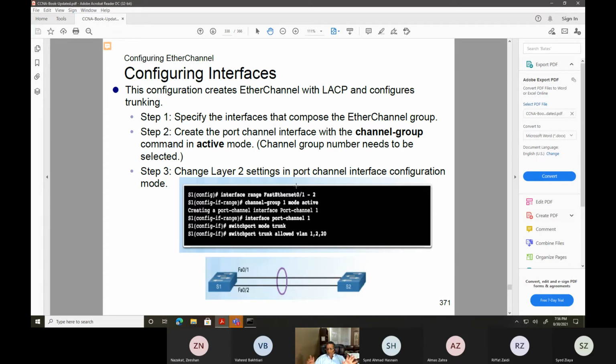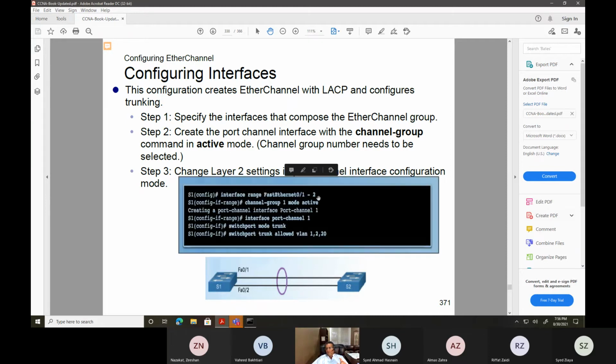Let me explain this. If we understand this, then the 2, 3 pages I skipped before, you will understand. All they're showing you here is you're creating this range. Under this range of Fast 1 and 2, you're creating port-channel group 1 and making it active.